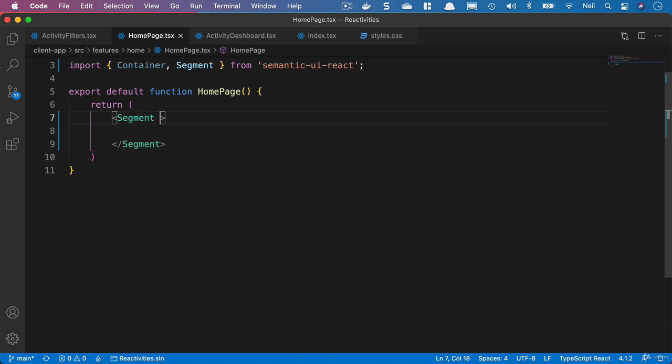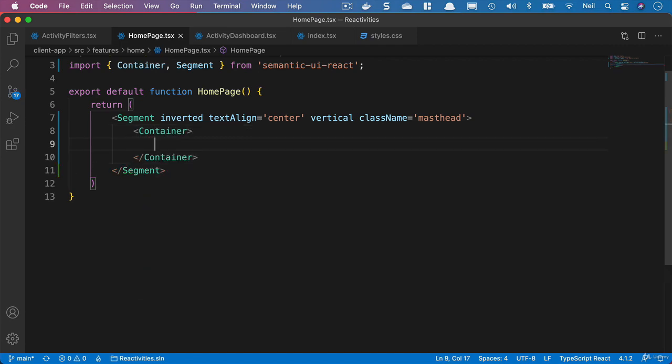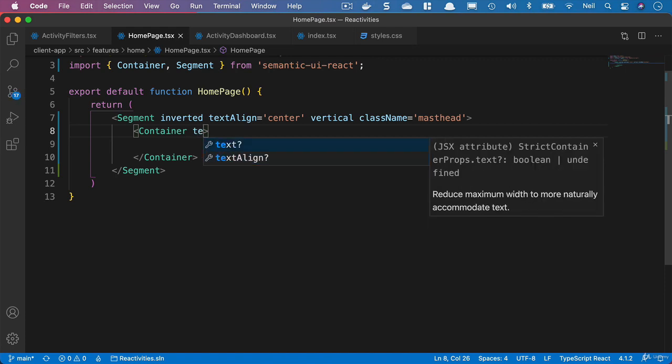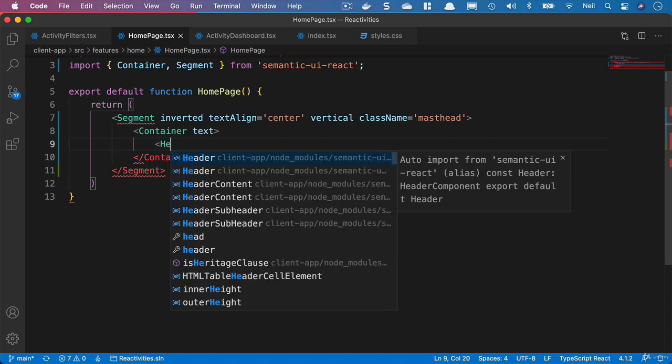And we'll give our segment the inverted flag, and we'll say text align is equal to the center. And we'll make it vertical, and we'll give it a class name equal to masthead. And inside here we'll add a container, and we'll make the container a type of text just to reduce the maximum width. And then we'll add a header,